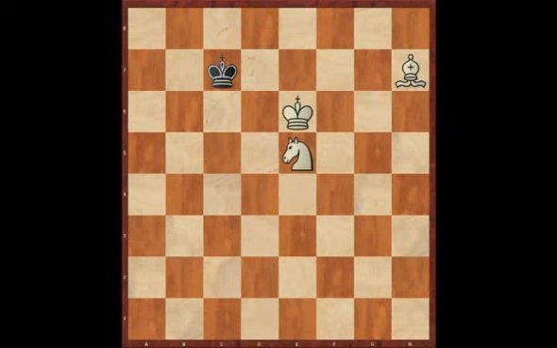And at this stage, the beginner throws up his hands in horror and says, "Oh my god, I've let his king out." Well, that's not true. And White can set up a barrier in this position by putting his knight on the same colour square as the bishop,